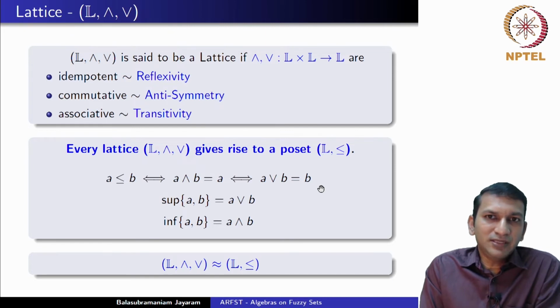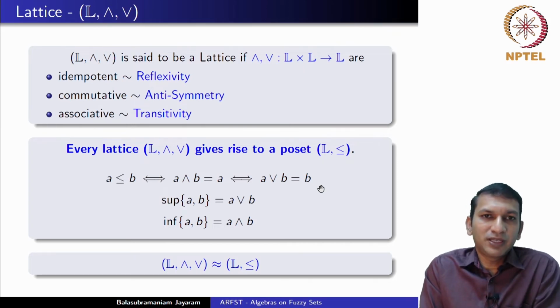And we have seen that with these 3 properties, it was possible to obtain a partial order, an order relation on the set L. And we have seen how these 3 properties of idempotence, commutativity and associativity relate to the corresponding reflexivity, antisymmetry and transitivity of the binary order relation that we have defined. So essentially, we have also seen that what we call the meet and join operations from an algebraic perspective on the lattice L actually turn out to be the infimum and the supremum. The meet is the infimum and the join is the supremum of a pair of elements.